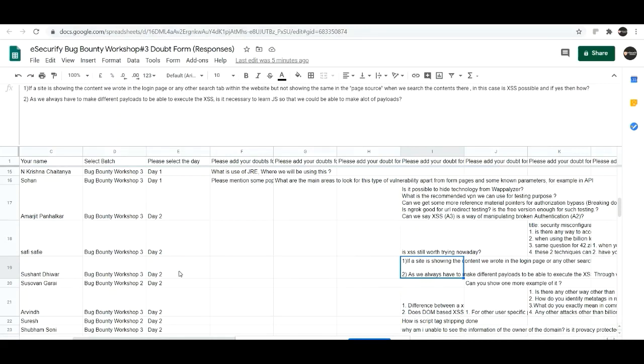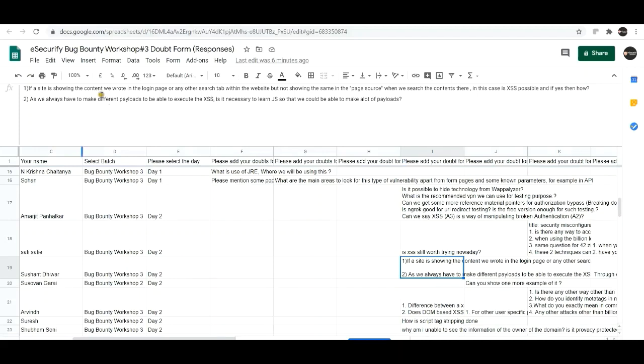If it is not getting reflected in the page source, it simply means that the script is not coming back from the server. So you have to identify where the script is getting reflected, and on such particular endpoints you can try out cross-site scripting. So yeah, that's it.